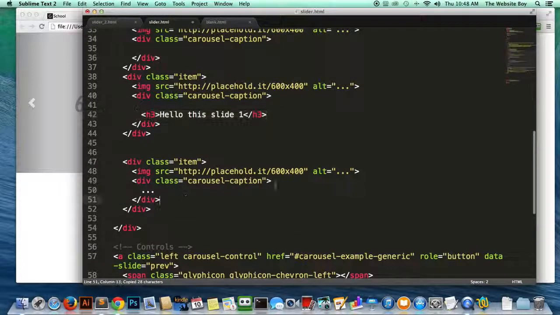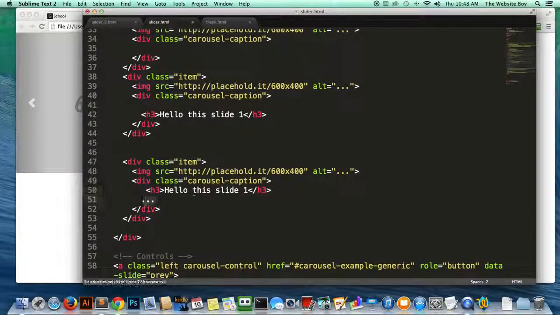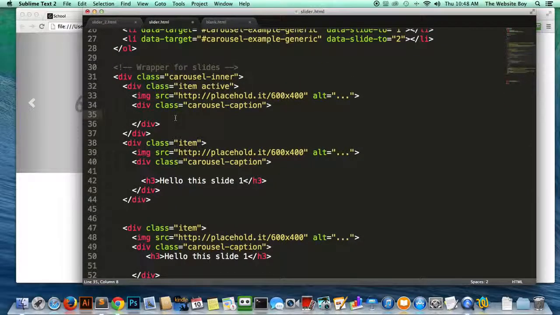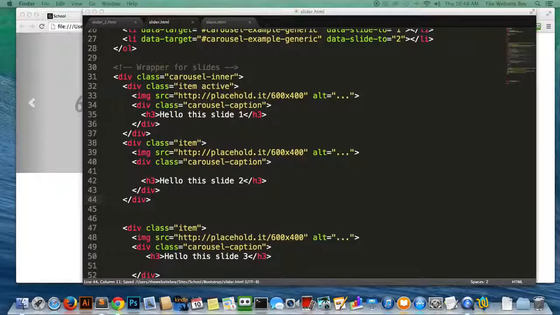Copy it. I'm gonna do it here. I'm gonna take this off. Actually, that wasn't slide 1. That was slide 2. But anyway, I'll change it here. 2 and then 3. And if I save it and come back to the document here,